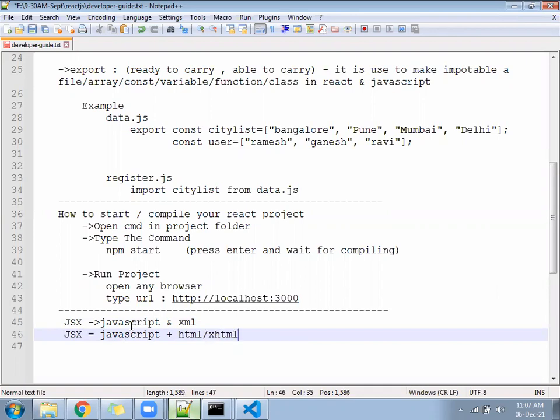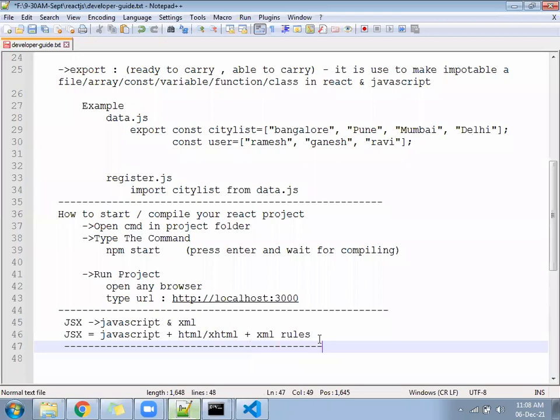XHTML meaning our own user defined tags. Plus, you have to follow the XML rules. That is called a JSX.